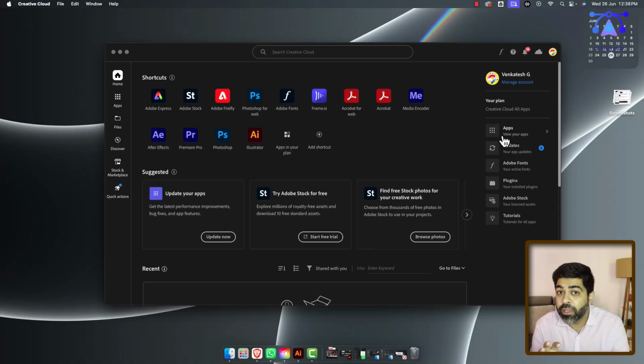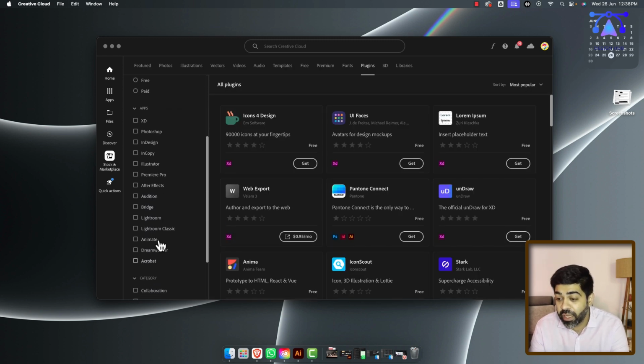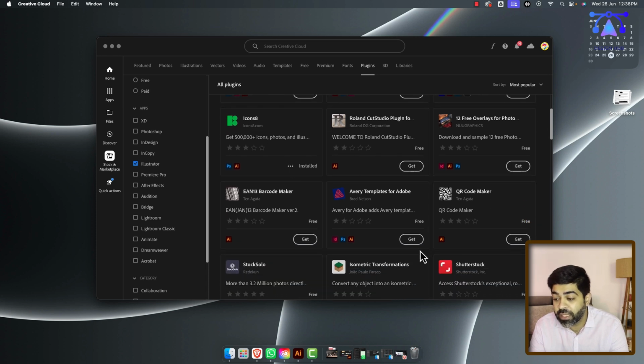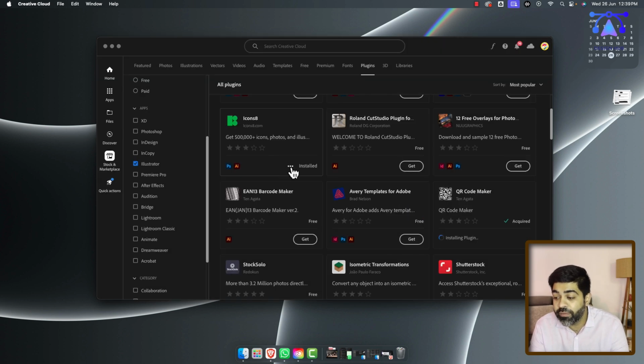So to start with, the first thing that I would want to do is open up Creative Cloud, and Creative Cloud is the place where all of these multiple plugins are. Now once you're here, you'll have to go to the stock and marketplace section and then choose Illustrator from there. You'll be able to see a lot of different plugins and a lot of these plugins are free. So you can just click on Get to download them, or you can even uninstall them if necessary